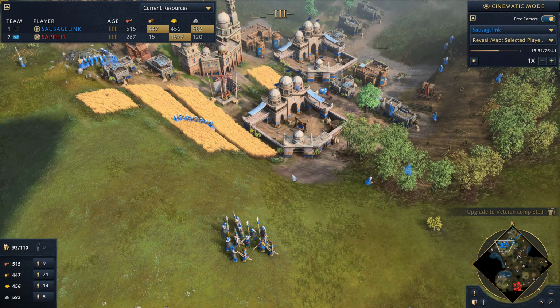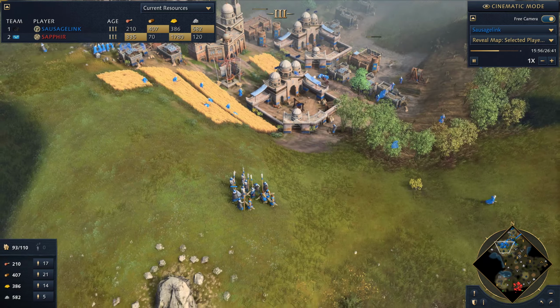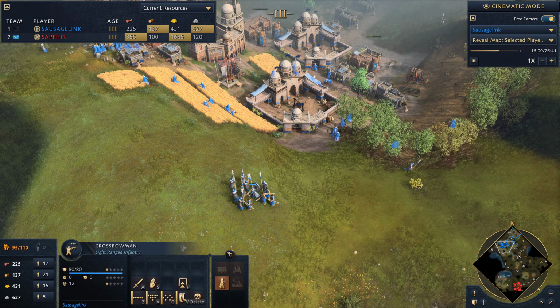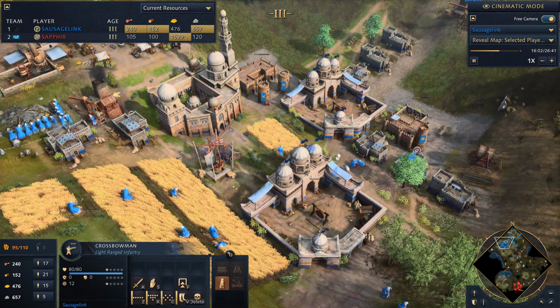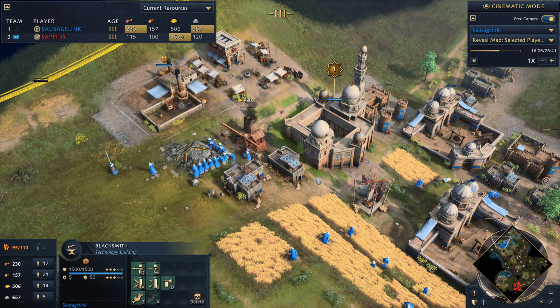Not really sure what I'm going to do with it, but I'm already starting to get my Castle Age units out. No real need to make a lot of man-at-arms at this stage, but I do want the crossbowmen. The crossbowmen are going to be really helpful. And I'm hoping I got my